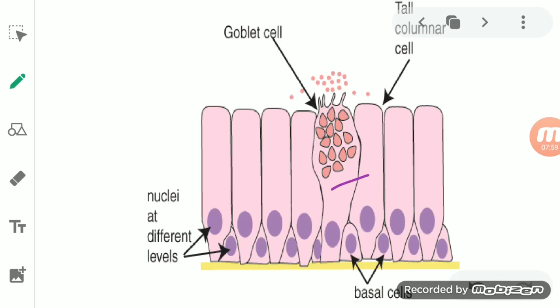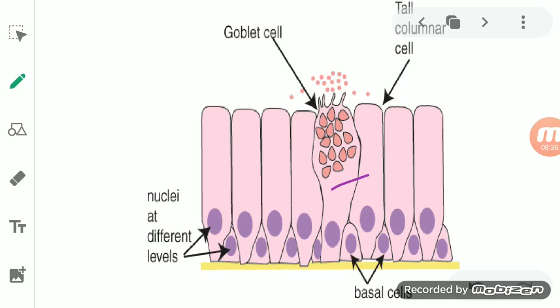So it means it starts acting like a gland. You know, students, that glands have the role of secretion. They secrete different kinds of hormones. The same with the goblet cells: if they work like a gland, like secretory cells, then we call them goblet cells. So what is the role here? Very easy to understand: these are secretory in nature and thus help in secretion. Basically, they secrete mucus.